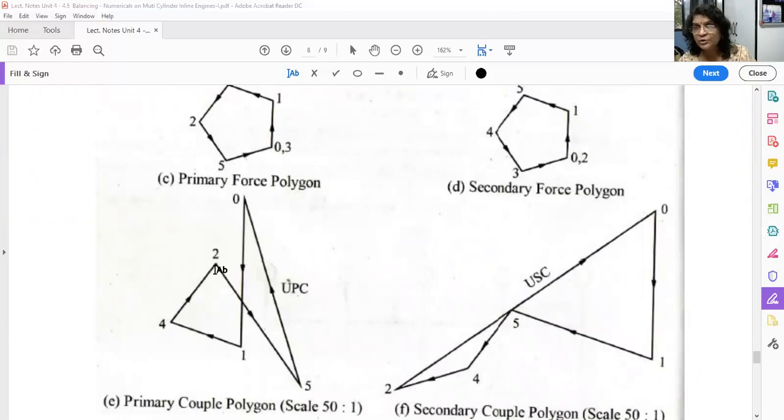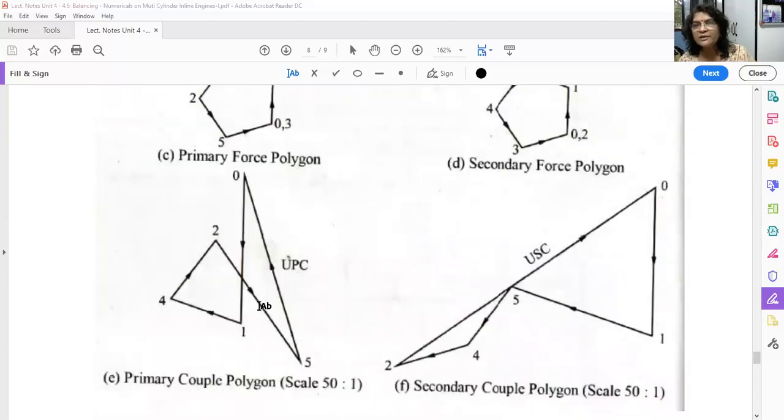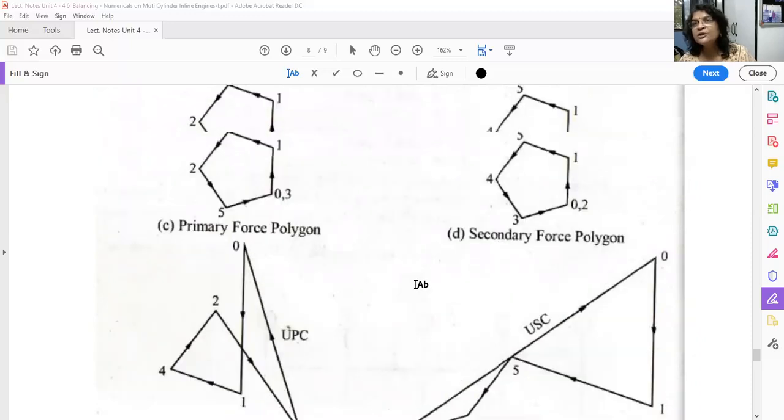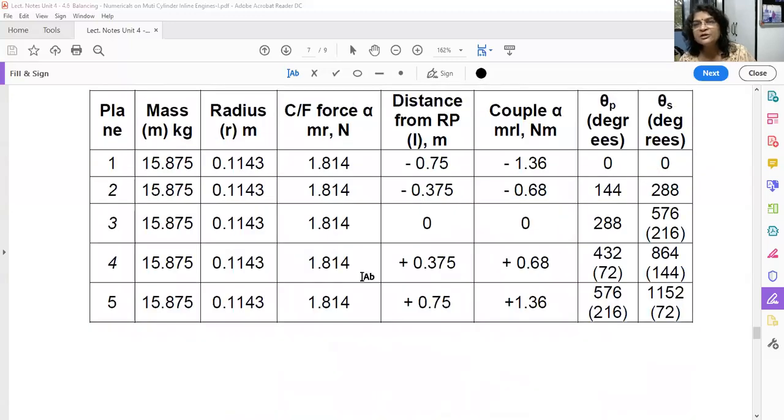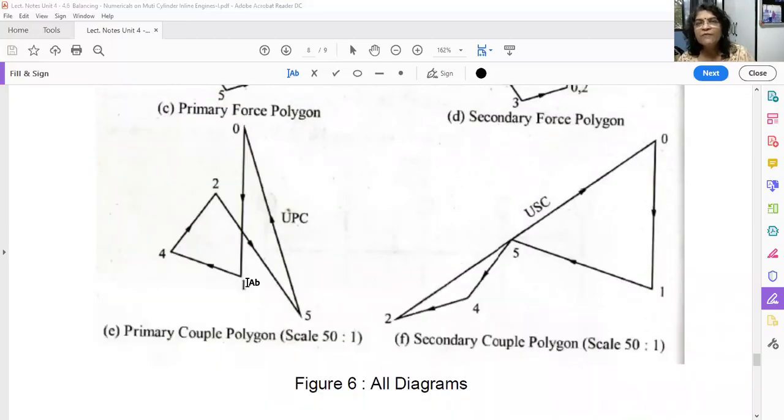This is 2. Okay, then cylinder number 5. It is positive in this direction. So from 2 you have drawn a line parallel to that vector, that is 5. Okay, now see, this is your starting point, and this is your ending point. You have drawn 4 vectors because 1 is 0 only, no? This couple is 0 only. So you have drawn 4 vectors: 0 to 1, 1 to 4, 4 to 2, 2 to 5. 4 vectors you have drawn.